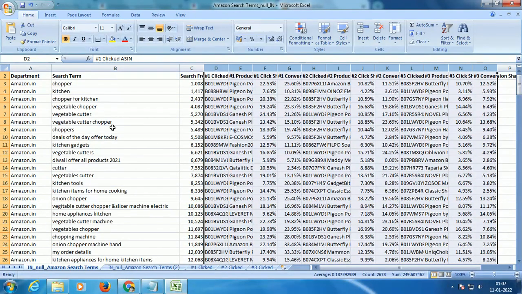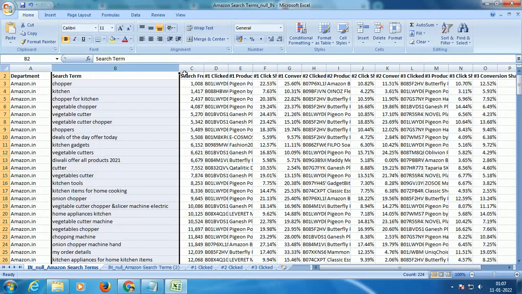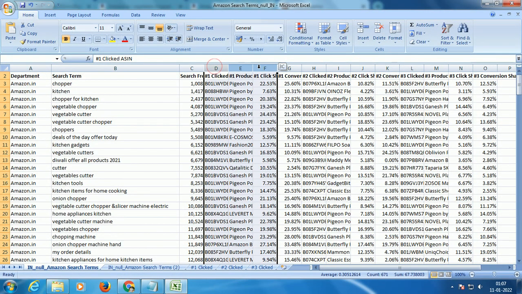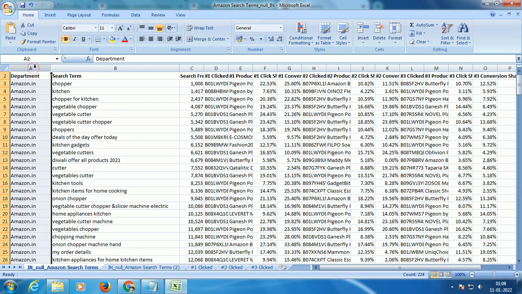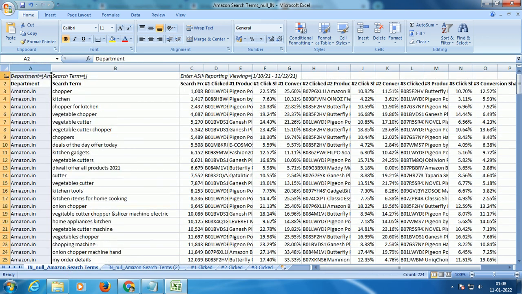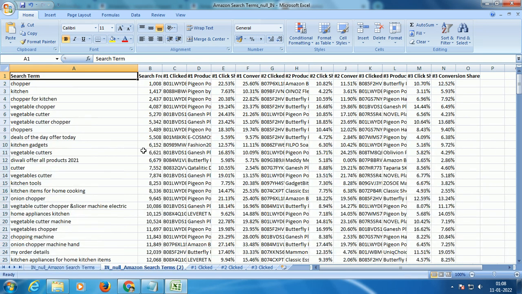Okay, so you will see department, you will see search terms, you will see search frequency rank, you will see the same things, most clicked, what is the product, what is the click share, what is the conversion share. Now certain fields we do not need, we do not require, so we can chop them off. So I've just removed the department section, and I've also removed the first row, right? So when I do that, this is what we get to see. Now here we have the list of search terms, and we also have various keywords that customers have clicked, and what is the click share, what is the conversion share. We have all that stuff.